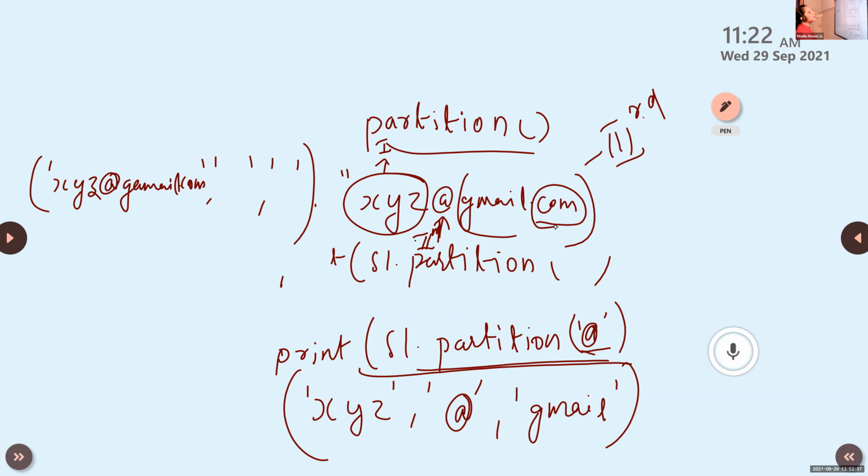In the case of split, we can split the string into different parts based on the number that we give in the split function. But in partition, we just divide the string into 3 parts based on the separator. The first part is just before the separator, the second part is the separator itself, and the third part is just after the separator.